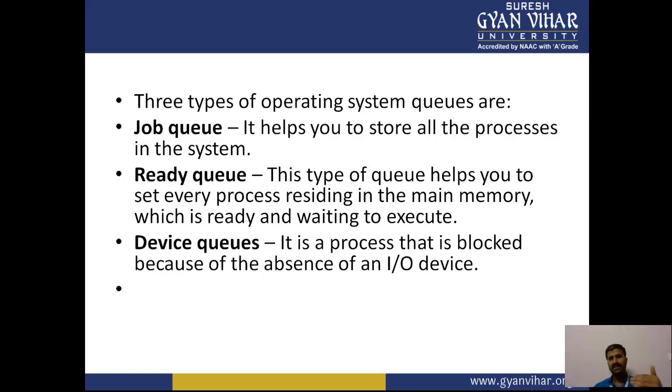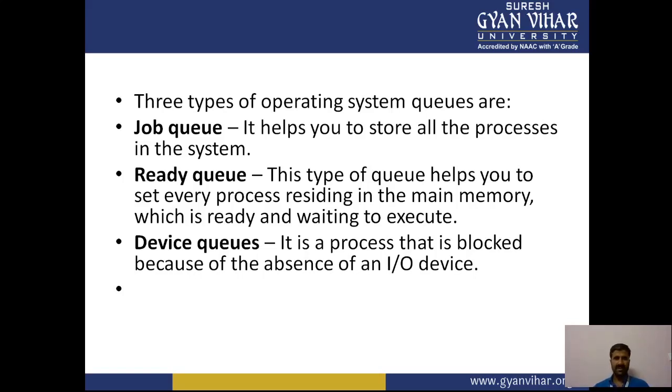The main objective of process scheduling and multi-programming is to have some process running at all times to maximize CPU utilization. The objective of time sharing is to switch the CPU among the processes frequently so that users can interact with each program while it is running. To meet these objectives, the process scheduler selects an available process, possibly from a set of several available processes, for program execution. For a single-process system, there will never be more than one running process.